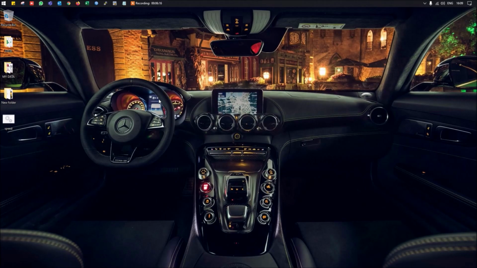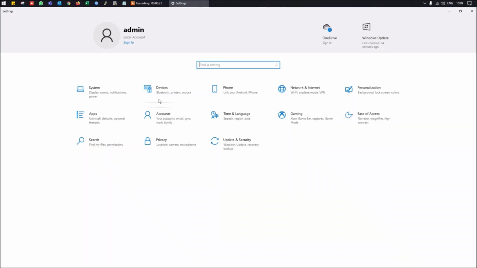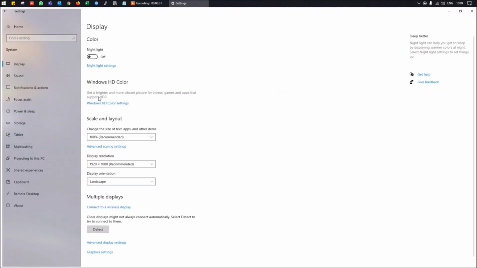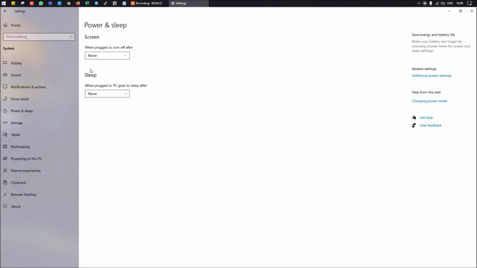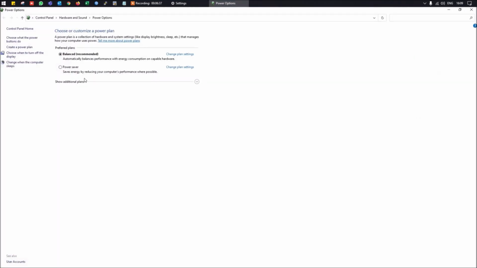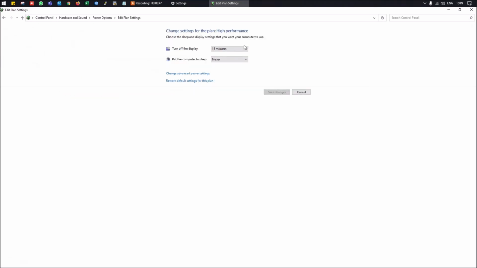Further, you can also optimize the power plan which you have configured. You can use the high performance plan instead of balanced, which is recommended by Windows. For doing that, you have to go to Settings, and then go to System. In System, Power and sleep is an option, so you can adjust the power settings from here. You can enable the power saver mode from here, or you can customize the plan. You can use high performance, so you can change it as per your requirement.